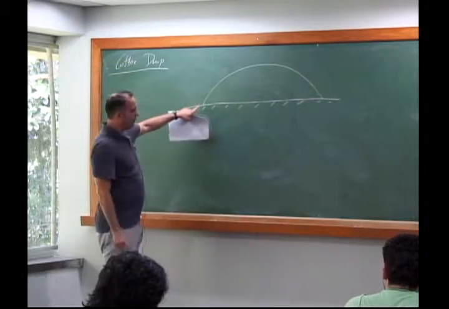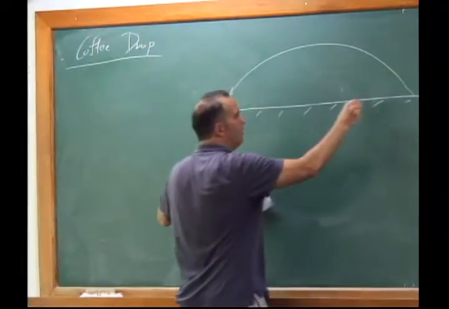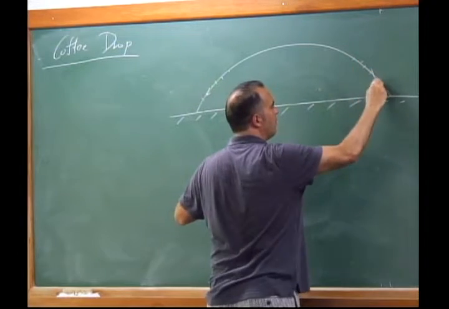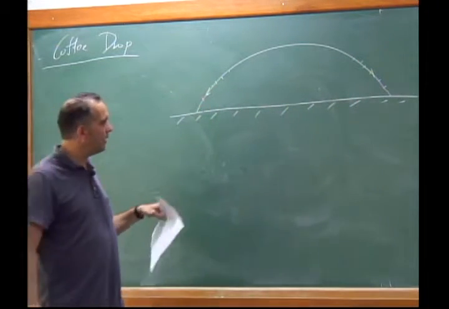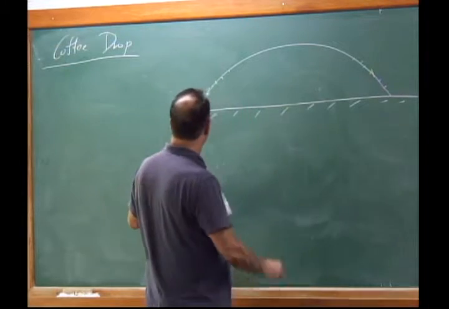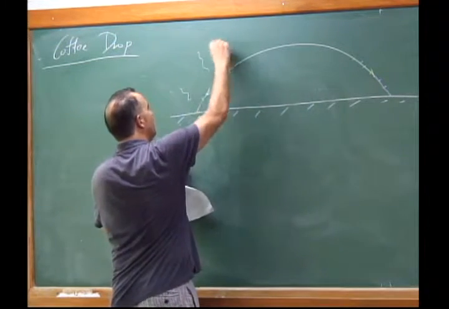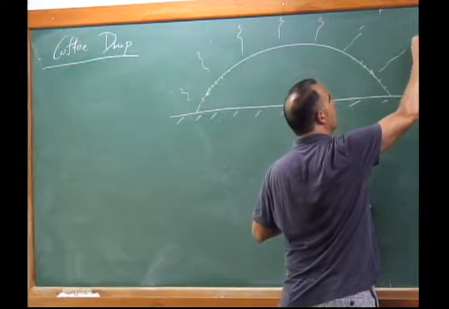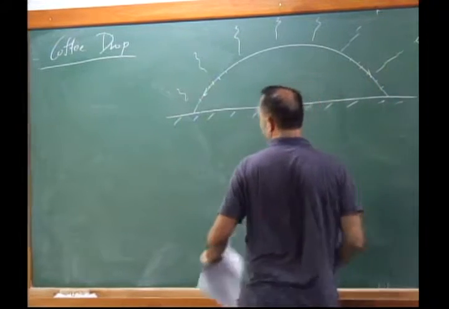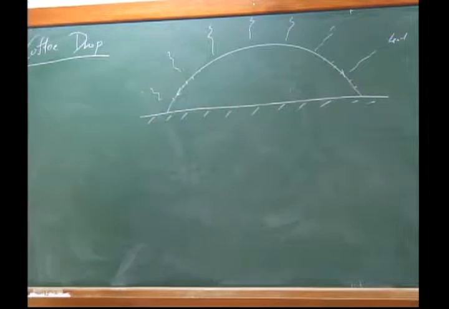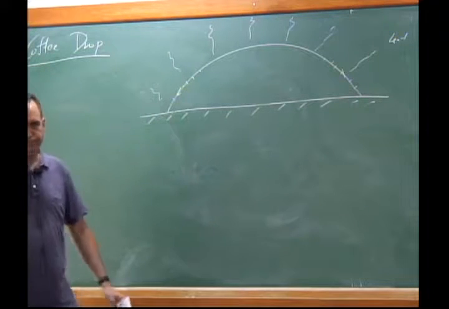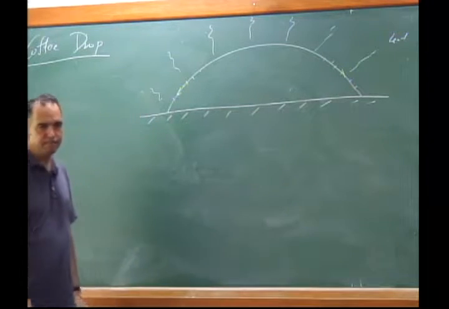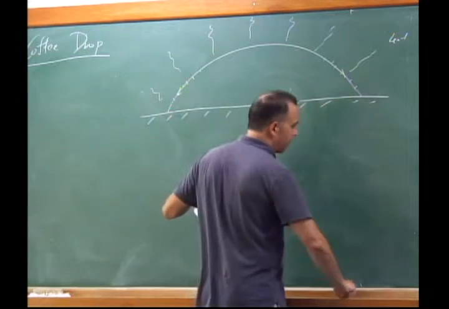Okay, so this is our coffee drop, and we've just seen that what happens is junk is being swept towards the edge, and we want to try and understand why. So this is my understanding: we have this hot drop, which is losing heat through evaporation. Okay, so it's losing heat. Where is this going to have the most impact on the temperature? Right. So I would suspect here,